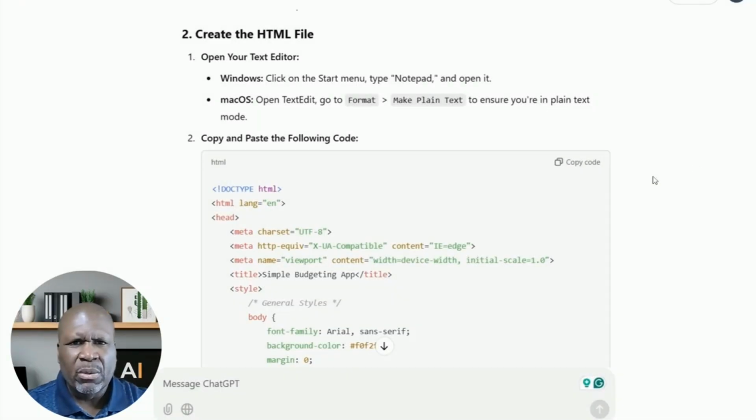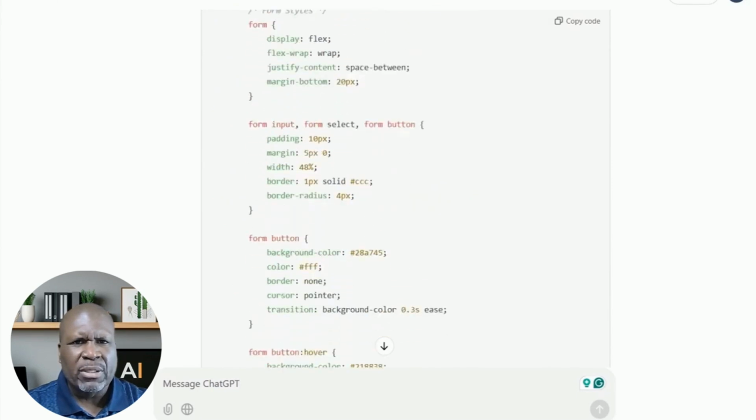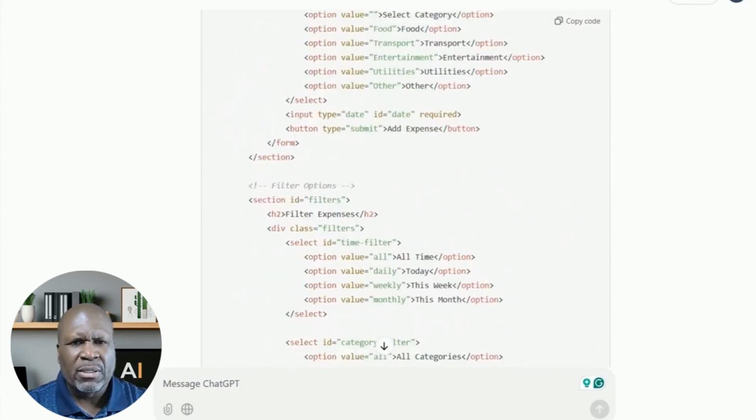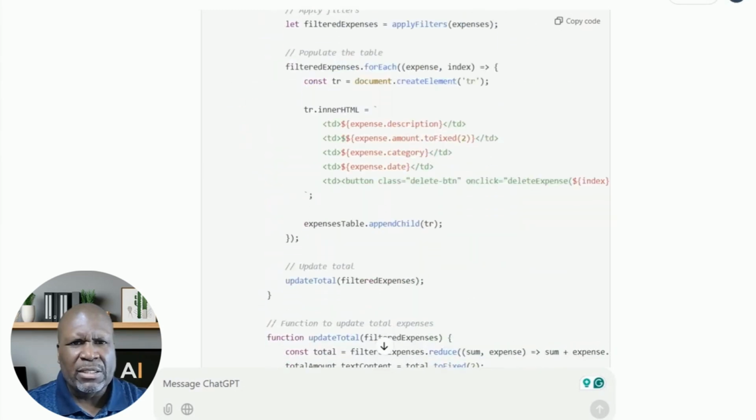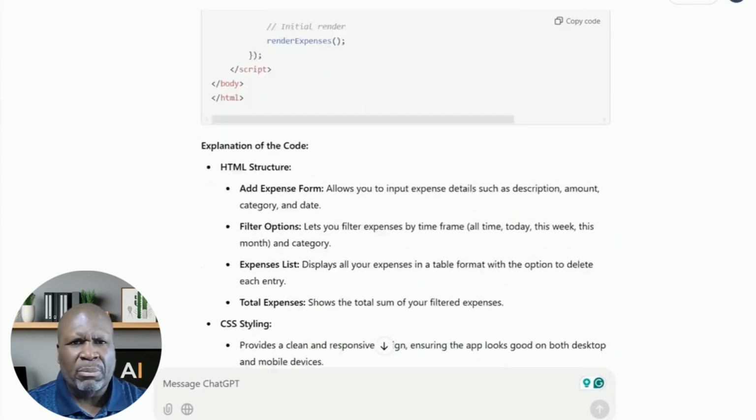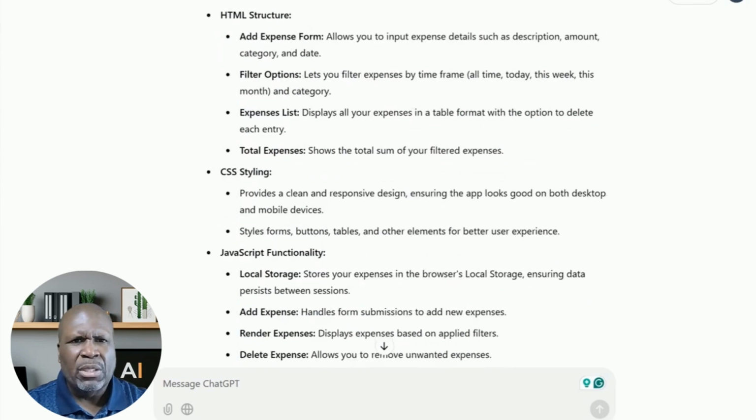Okay, so this is the code that we're going to copy. Here we are. We're going to copy this code. I'm going to click on it, copying this code right here. This is the code that ChatGPT wrote for us. And we're going to take this code that we just copied and we're going to put it into our Notepad